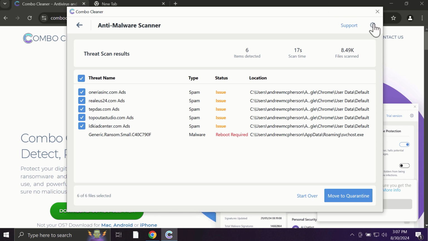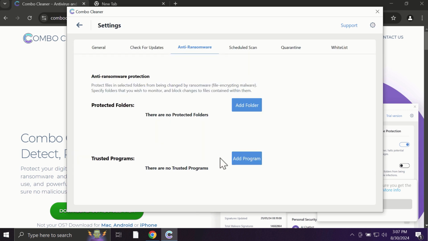With the premium license, for instance, there is an excellent anti-ransomware feature which helps to always keep your data protected. You can add certain folders on your system, and the contents of these folders will always be under the protection